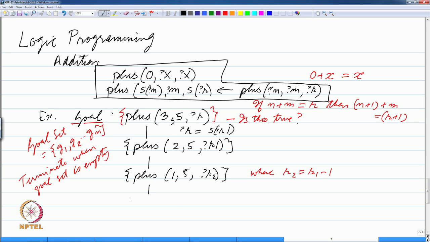And then we reduce it to a goal plus 0, 5, R3, where again R2 is equal to successor of R3. I am not writing the question marks there, but at this place we do not need to reduce it to a subgoal, because this matches